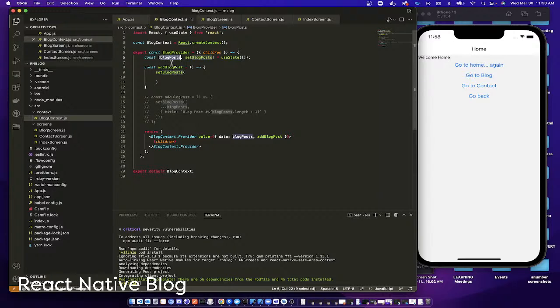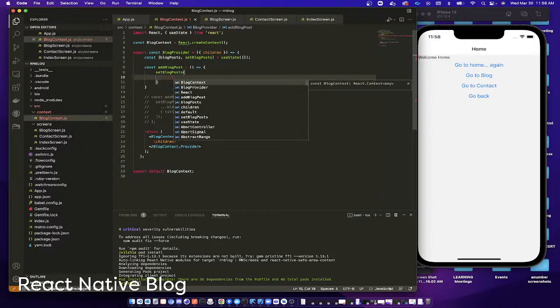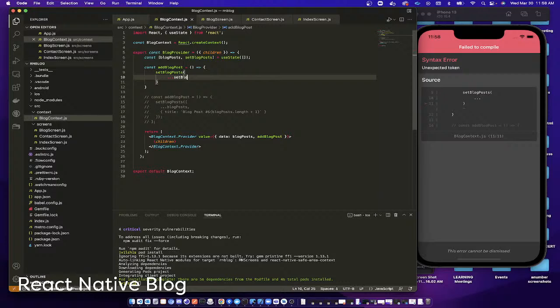We don't want to recreate this all the time. So instead, we're gonna get the values from there by using this convention. So blogPosts,